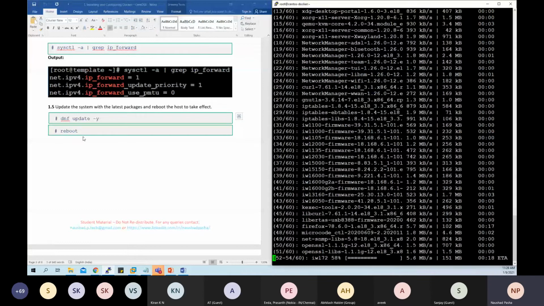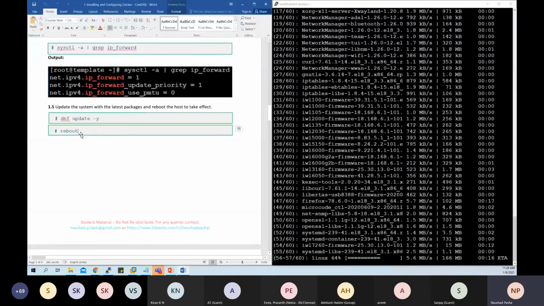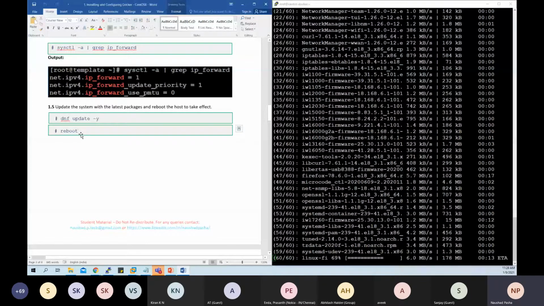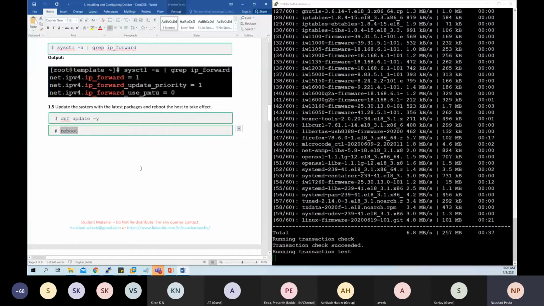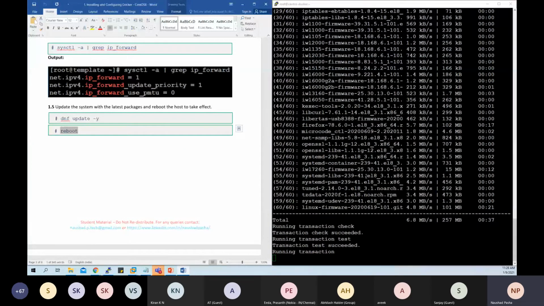Once you have these updates, if the kernel gets updated, we would strongly recommend the server be rebooted. Also, for the reason that I disabled SELinux from the config mode, I would reboot my server very quickly.